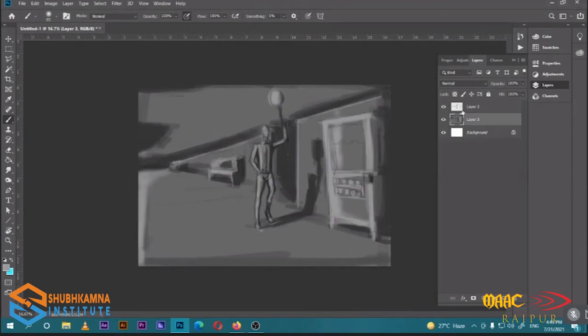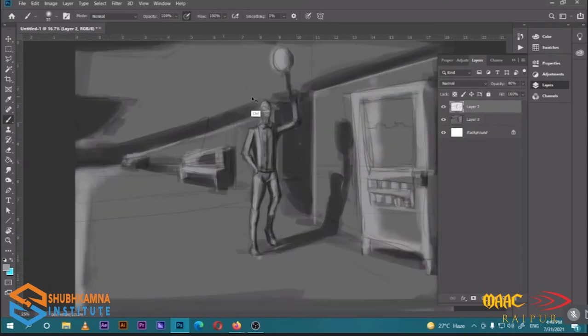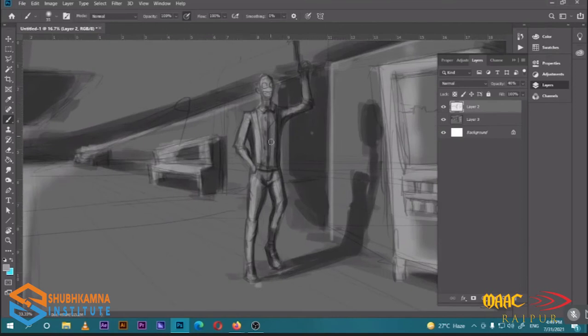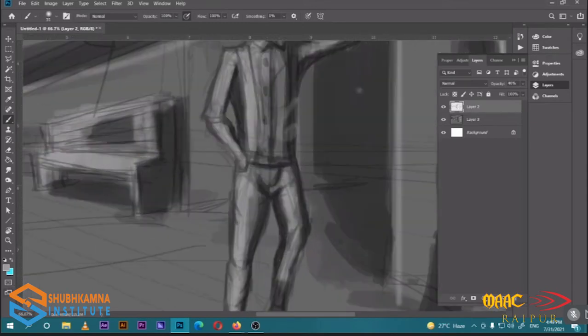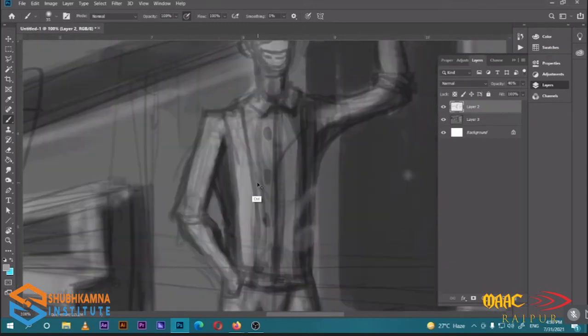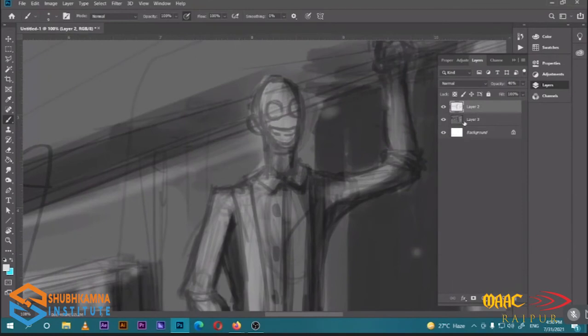Alright, so let's turn off this sketch, and now the details over the character, the shadow details, and then after that we're gonna go for the color. On my lights and shadow layer, I'm just adding the highlights.